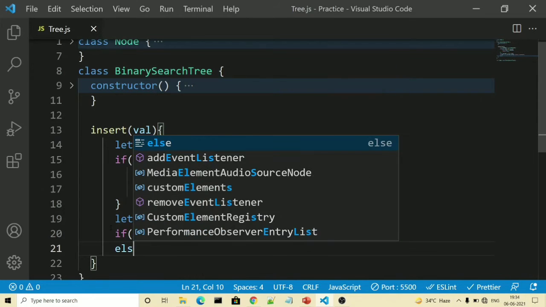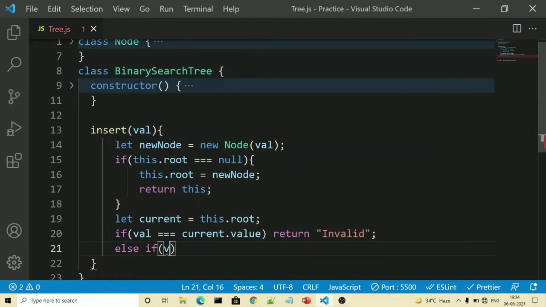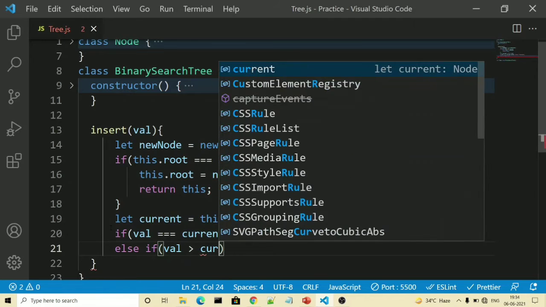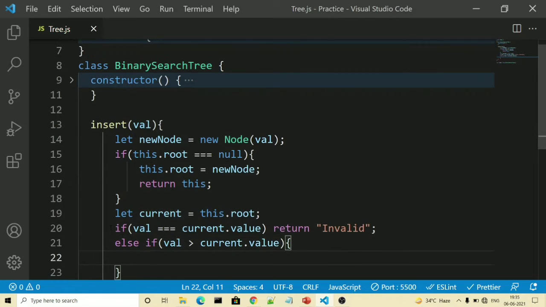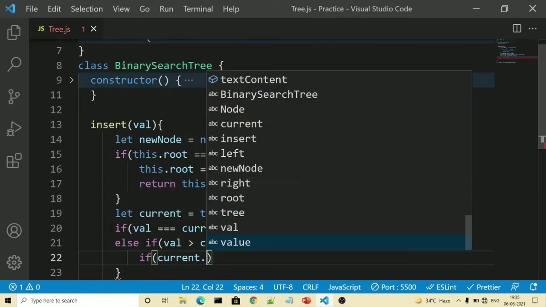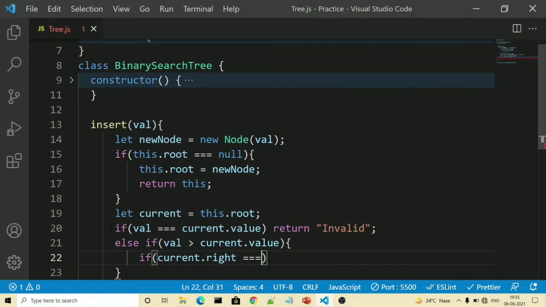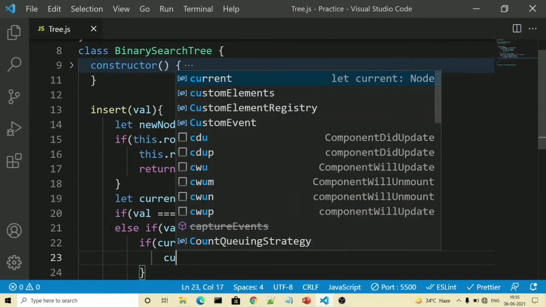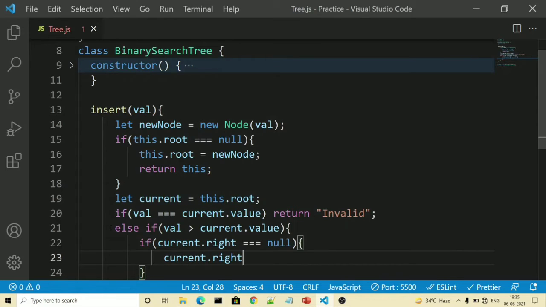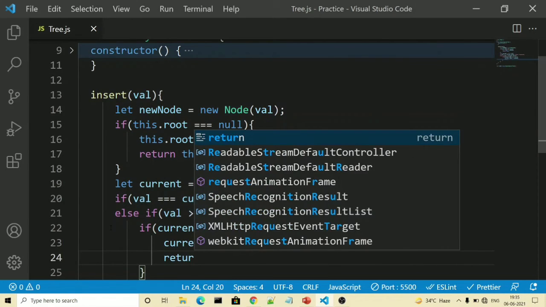So here, else if our value is greater than current dot value, and here firstly we will check if current dot right is blank. If it is equal to null, so at that time our new node will become current dot right. So we will write current dot right is equal to new node. And once that is done, we will actually return our tree.